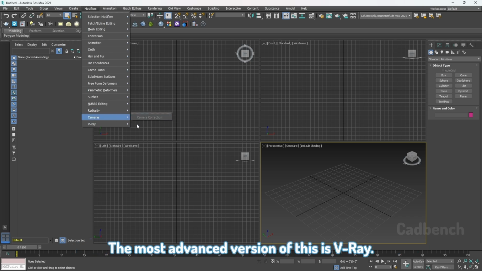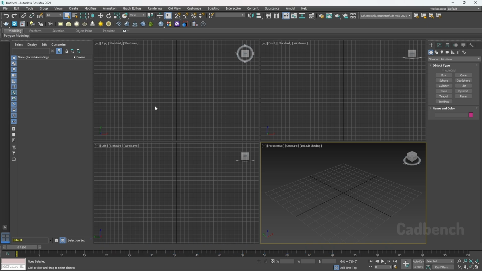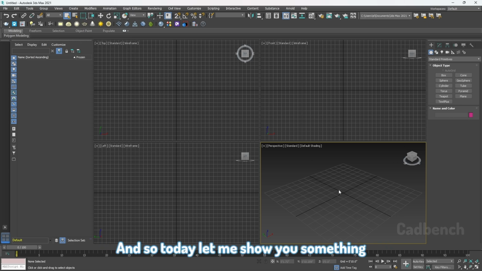The most advanced version of this is V-Ray. V-Ray is the process where you can do rendering, and the rendering output will be very clear. That is the main difference between using V-Ray and the other software when compared to your 3ds Max. Okay. So today let me show you how you can make these kinds of simple modules,